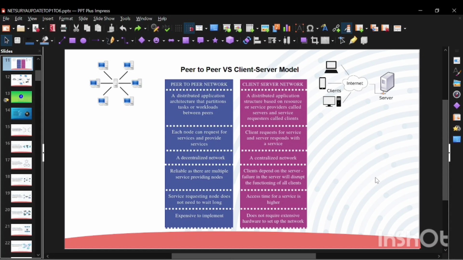In peer-to-peer, suppose a file sharing app like BitTorrent, where each user can download and upload files to or from other users. But in client server, it's a website where the client sends a request to the server and the server sends back the web page. It's like your restaurant. So these are the differences between the peer-to-peer and client server models.